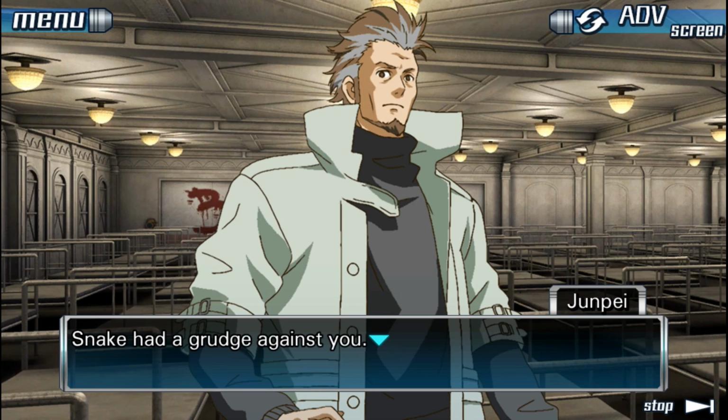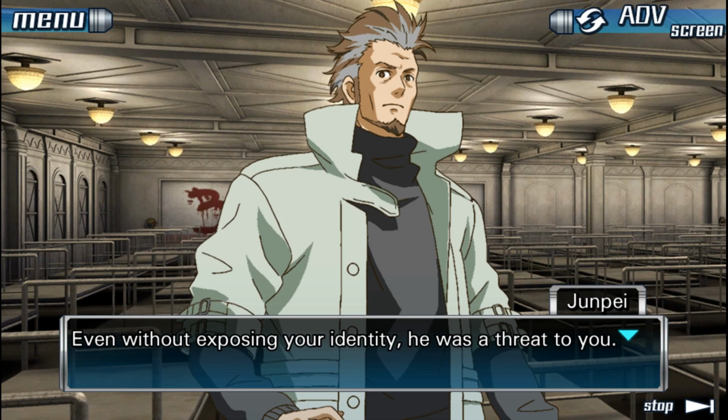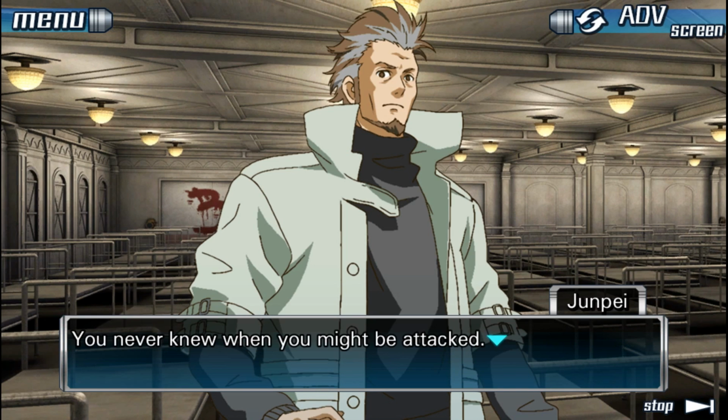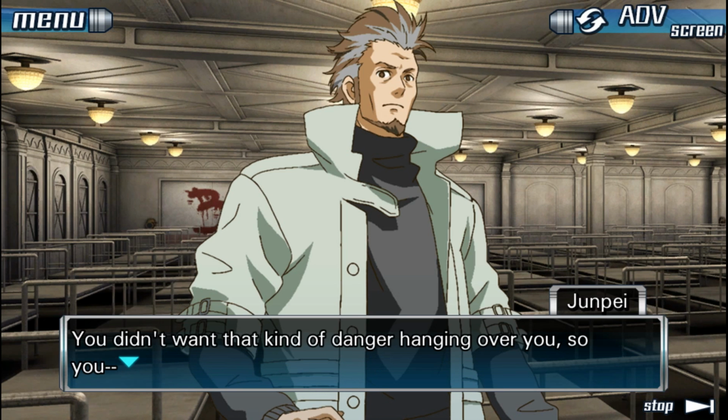2, Snake had a grudge against you. You knew that, or at least you could have easily assumed he did. Even without exposing your identity, he was a threat to you. You never knew when you might be attacked. You couldn't ever let your guard down. Every moment was a moment he might try something. You didn't want that kind of danger hanging over you, so you...